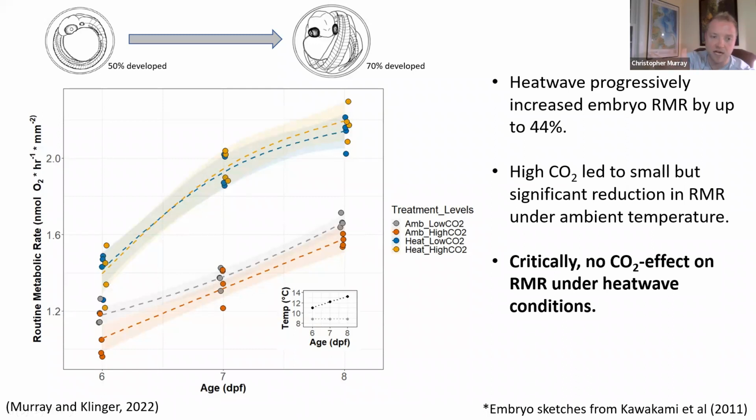Fish have higher metabolic rates when temperature is warmer, combined with the fact that these embryos, having been exposed to warmer temperatures, were now at a later developmental stage versus those at the control. So this increase in metabolic rate is a combination of temperature and developmental stage. But the most important thing to take away from this figure is that I don't see any significant effect of CO2 on respiration rates at all.